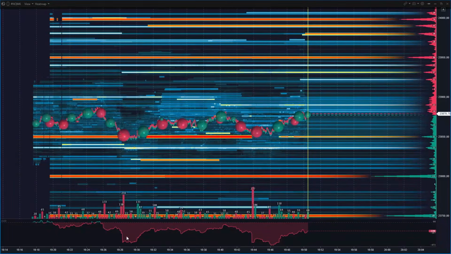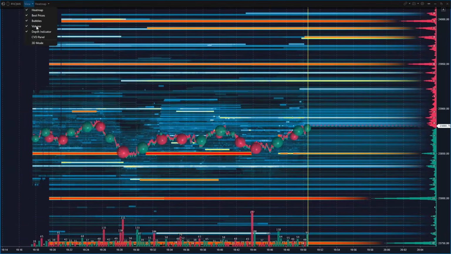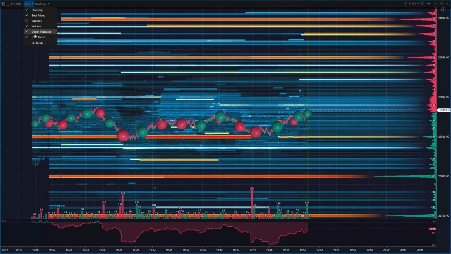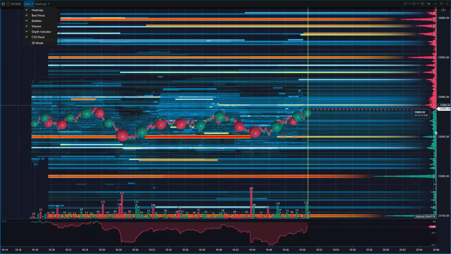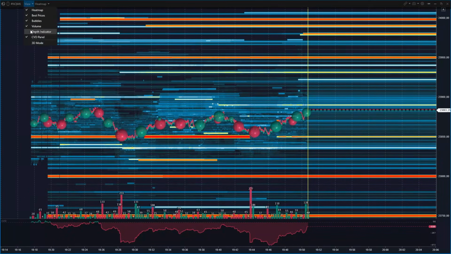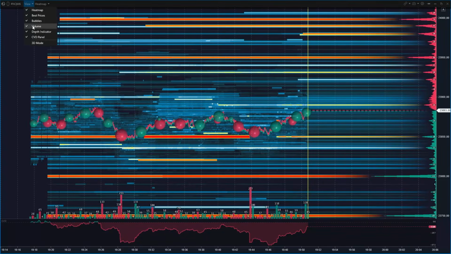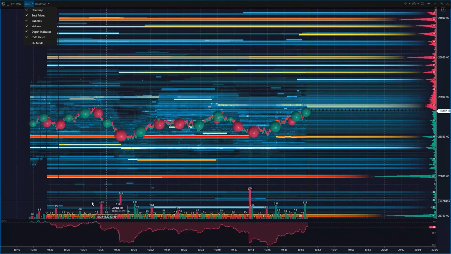Also we have the CVD at the bottom here, which you can see. You can click here, CVD panel. And then we have the depth of market indicator, which is this one here. You can see it here like this. And also the volume. Volume means the volume columns here at the bottom, which are also very decent because we